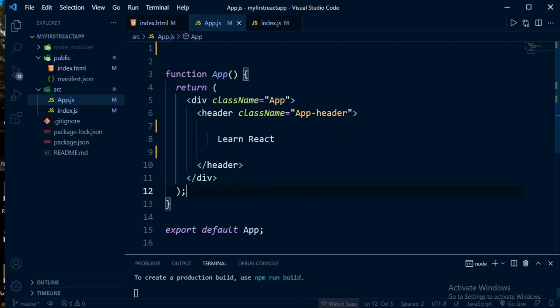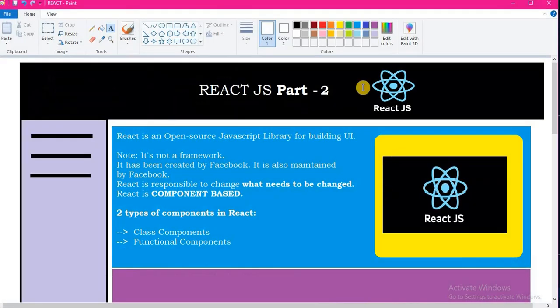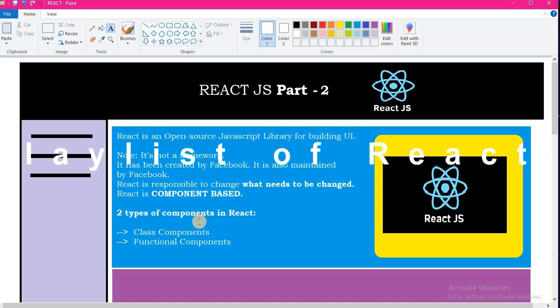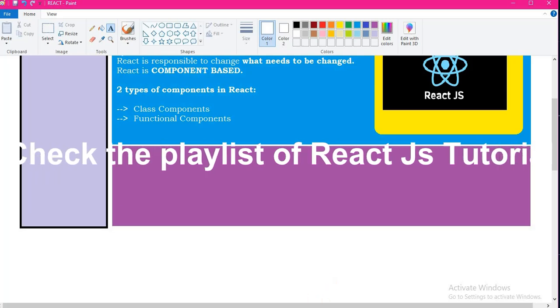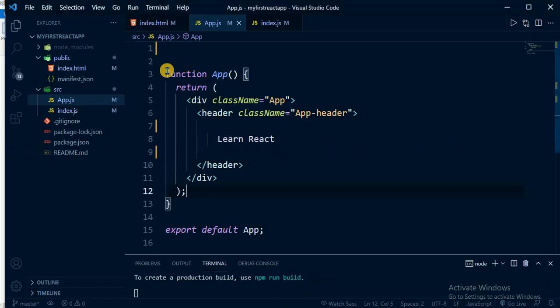As I already mentioned, if you remember, in the previous class we discussed that React is entirely based on components, and there are two types of components. One is class components, secondly functional components. So here it is a functional component. As you can see, this function keyword and the name of the function starting with a capital letter, and this functional component is returning something